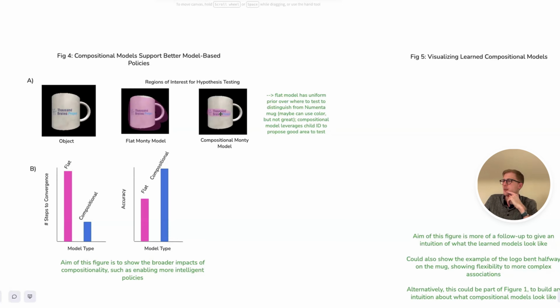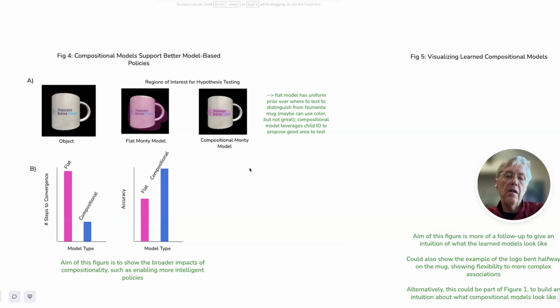Whereas if this is a compositional model and it says, okay, well, at this part of my model, I have all these IDs for all these learned points for logo A, and then in the other model, it's all these learned points for logo B. Well, okay, that's a very big difference between these two learned models. So that's the place I should move to distinguish them. Right, I get that.